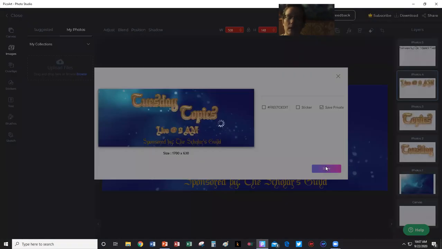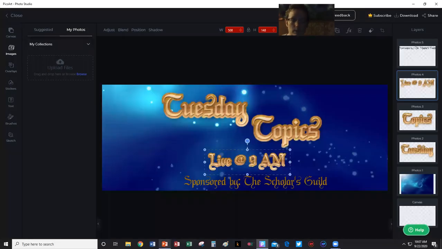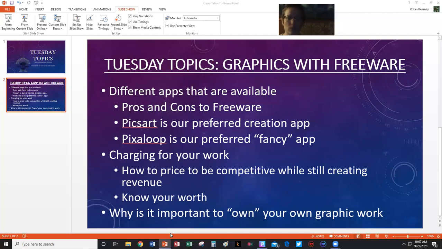That means I can go to my tablet later on, and I can add in a little bit of animation, which I might do, because anytime there's stars and stuff, it's kind of nice to have a little bit of motion in the background. The Facebook headers do not allow for it, but when I'm putting it into a PowerPoint, which I try to do so that I stay on topic, stay on task, then it can be an opening for us when I go to video record and I have my PowerPoint already up and started. When I hit record, people will already be able to see it. So that's kind of pretty much the best, easiest way to do it.